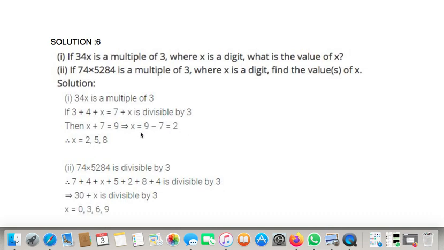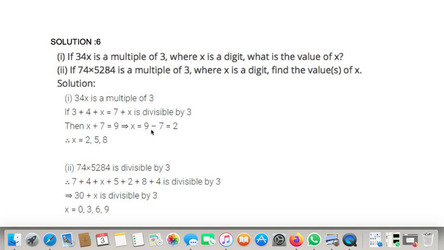Yes, it is divisible. Now if it is 5, check. 5 plus 4, 9. 9 and 3, 12. So that means if 5 is also there, then also it is divisible. Okay. Fine. So plus 3 is what we are doing. First number you will find out, and then we know that multiple of 3 means every time 3 will be